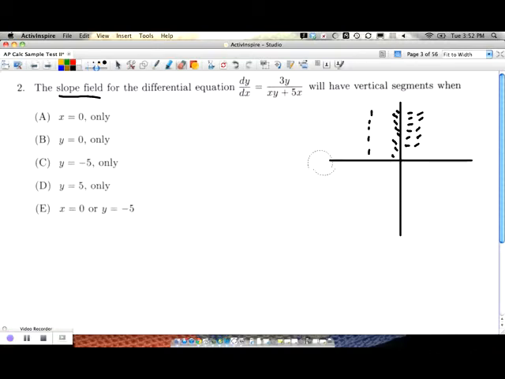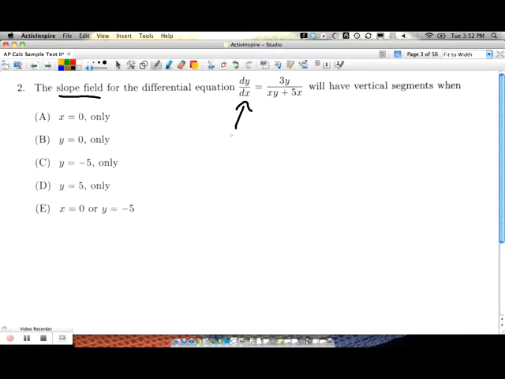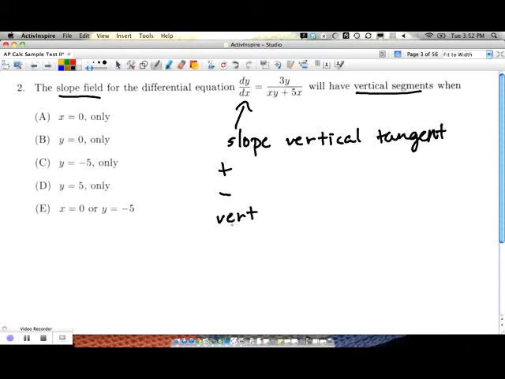So the question that you're trying to answer then is not so much looking at the slope field and its specific little segments, but think about slope in general. This represents slope. And if it's asking for vertical segments, that means the same thing as vertical tangents. Now there's 3 possibilities as far as specific exceptions to slope other than it being positive or negative. It's either positive or it's negative, or the other 3 exceptions is it's vertical, horizontal, or it's a hole